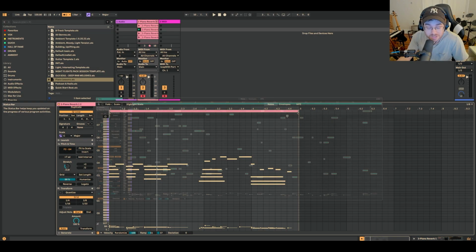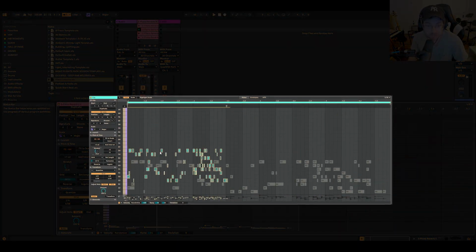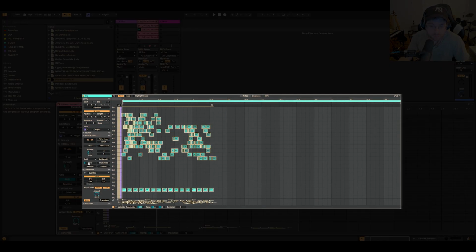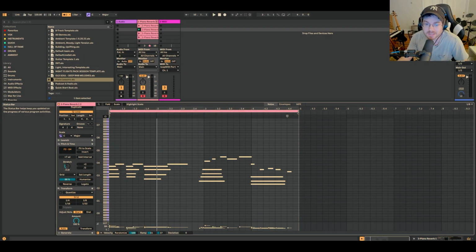So it's really fun messing around with Ableton's MIDI features. It kind of lets you manipulate MIDI, and the main issue I've always found with this is that sometimes it can be hard to get a result that you want, or to just kind of feel like you're pressing buttons and getting a lot of random or chaotic results, especially when you're generating MIDI or trying to change it and manipulate it. And this video is going to give you a very simple approach that I think works pretty well